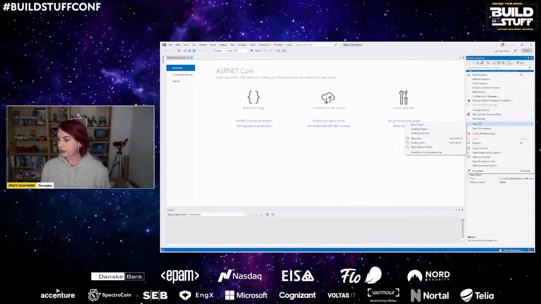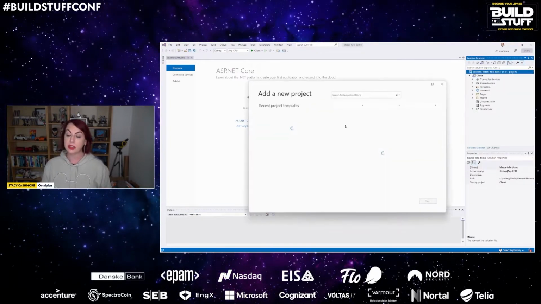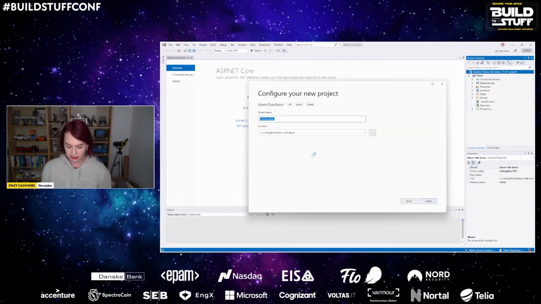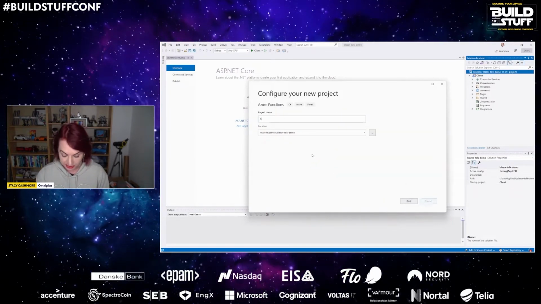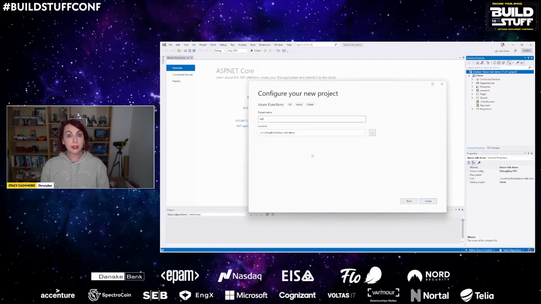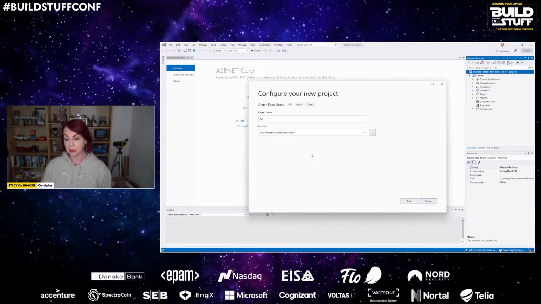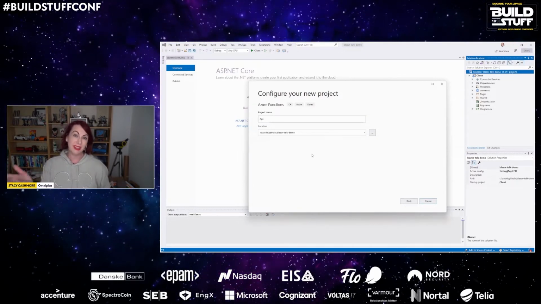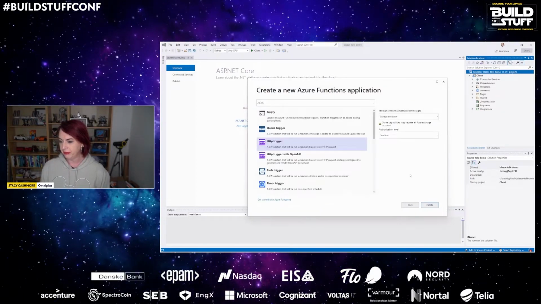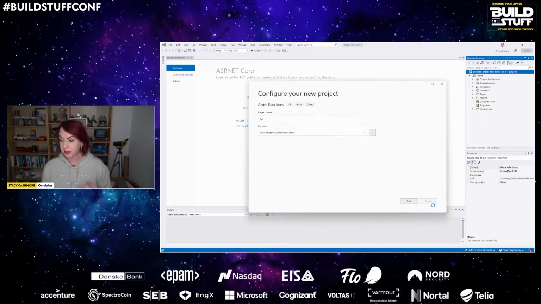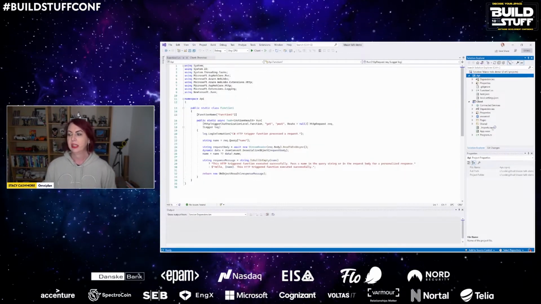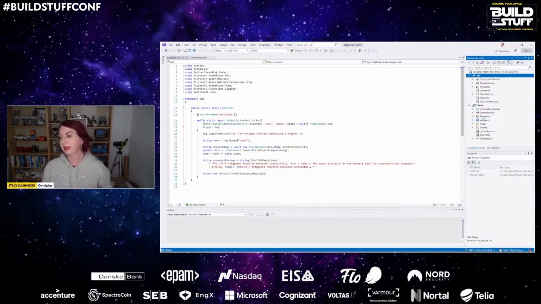Now we have our client. We can add our API in there too. So that's another new project, and that's going to be an Azure function. So this one we're going to call API. Now you may notice I've called the client and the API. There's a reason for doing that, which we'll see when we come to the Azure portal shortly. You can call it whatever you like, but this just uses values out of the box later on. So let's create this. We want a HTTP trigger because it's going to be an API. In fact, in a static web app, that's the only trigger that you can have. And then we have this scaffolded application.